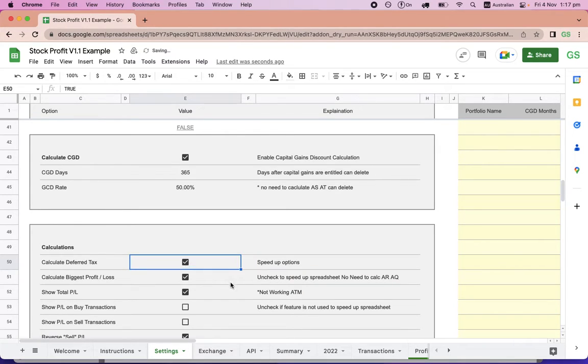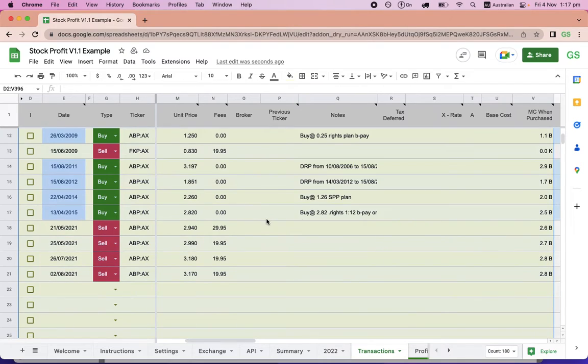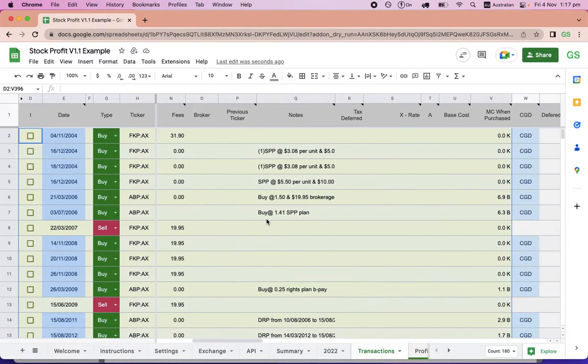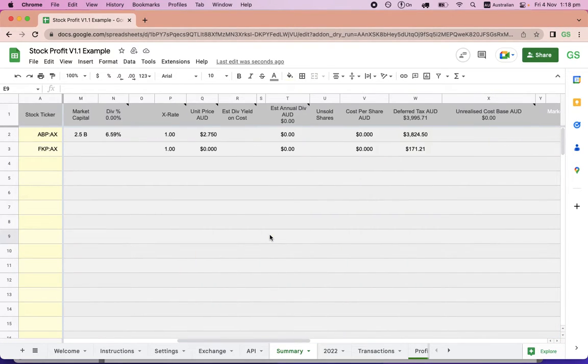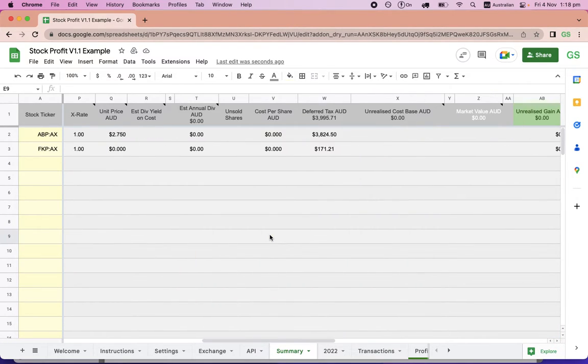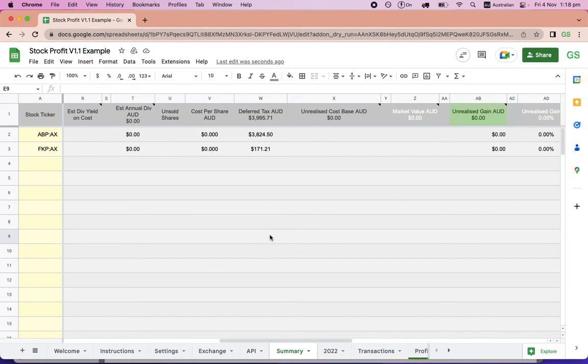So to begin, I have some example transactions here. These are just sample transactions over the years. And if we go to summary, we can see a quick summary of these. So what it shows here is that